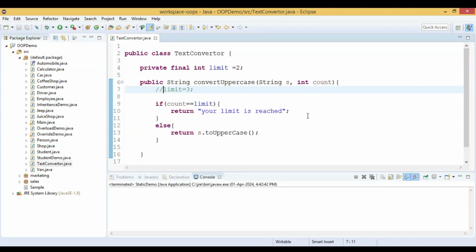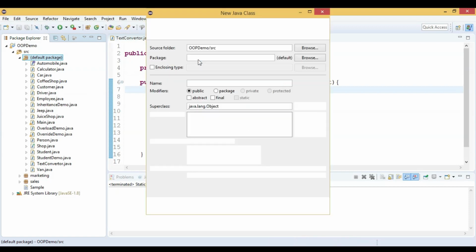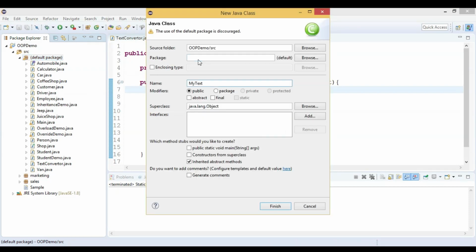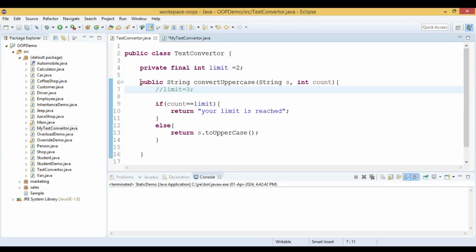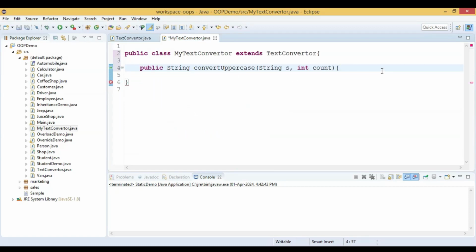Okay. So now let us have a class. Let me create a class MyTextConverter, and this MyTextConverter extends TextConverter. Okay. So inside this MyTextConverter class, try to override this method public String convertCase. Okay. So let me override that method. Okay. But if I